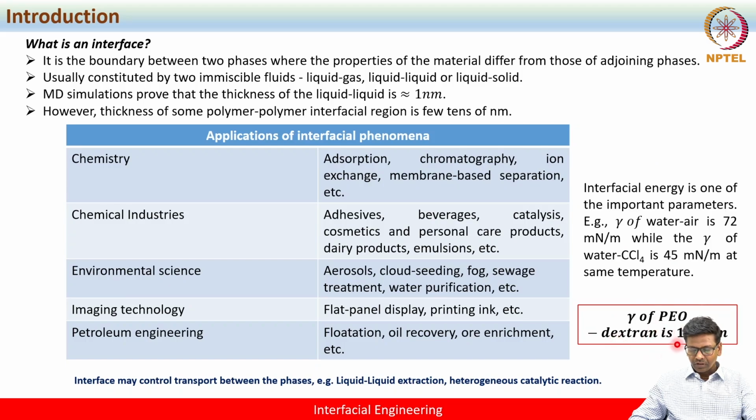What is the interfacial tension if I prepare two different polymer systems, a water-in-water emulsion, let's say PEO in water and dextran in water? They also phase separate. You can treat them like any system, such as water-oil or water-alkane. You see the interfacial tension of such a system is 1 micronewton per meter, which is at least 3 to 4 orders lower than any alkane-water system. So this essentially tells about the importance of interfacial systems.